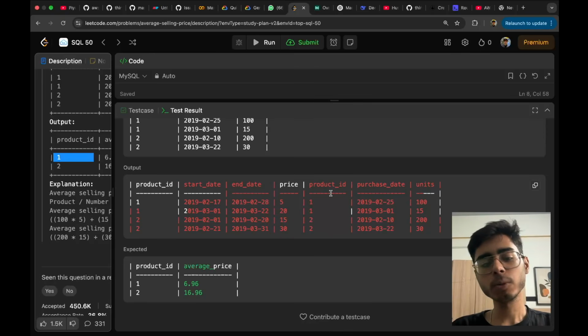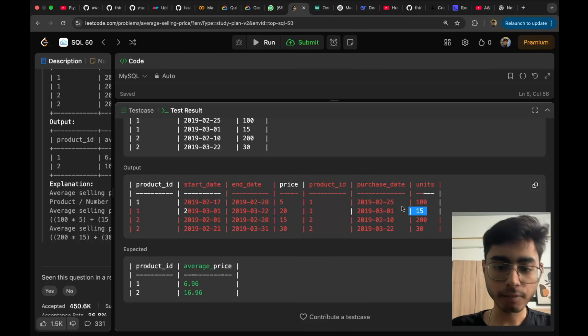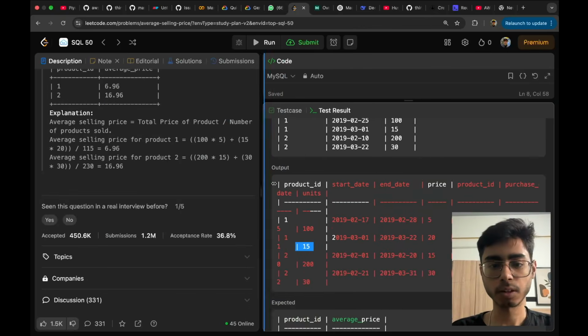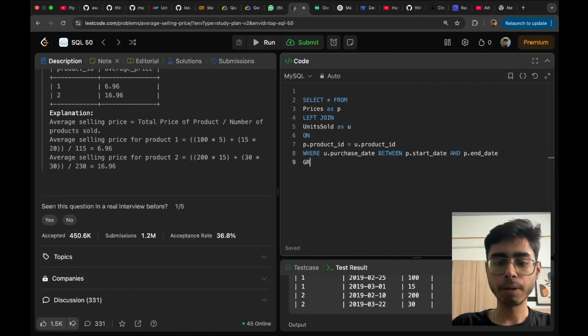So basically what I'll be doing, I'll be grouping them on product ID, and then I'll multiply this price with this units and add them both, and then divide by the total number of units to get the average price. Okay, awesome. Now if I just group by product ID,